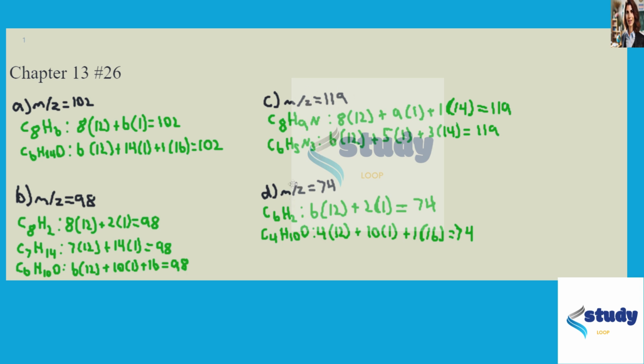And then lastly, D is just in the same pattern. So C6H2 and C4H10O both satisfy a molecular ion of 74. And that is the answer to problem number